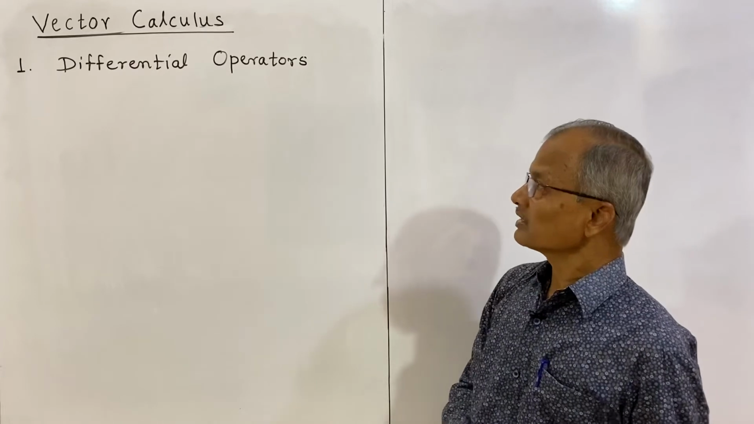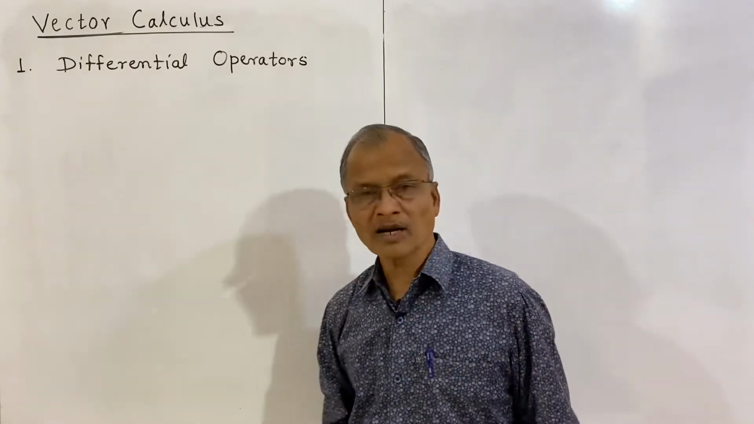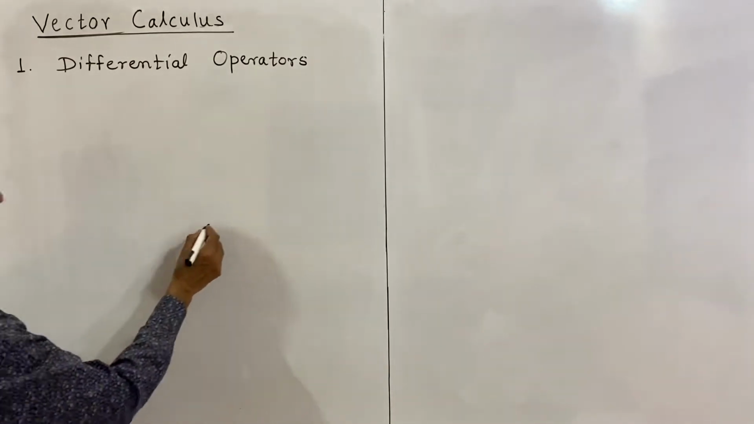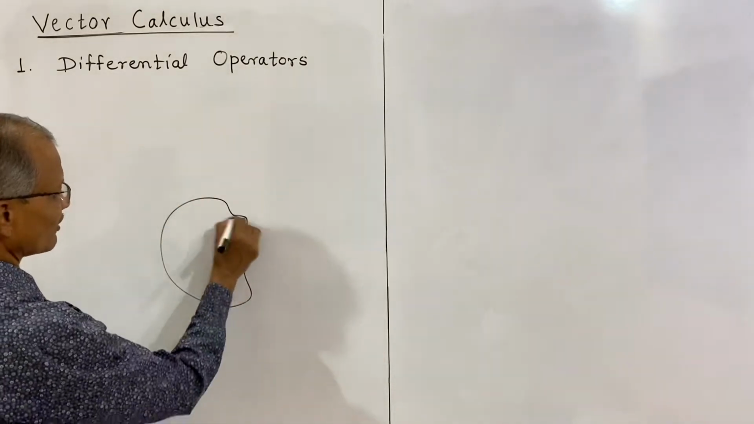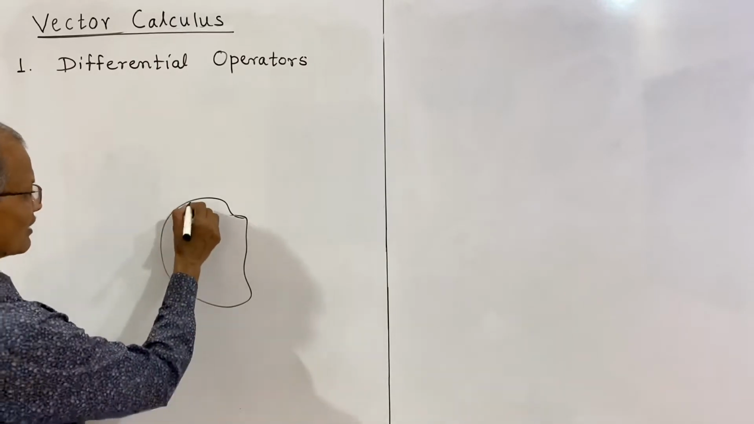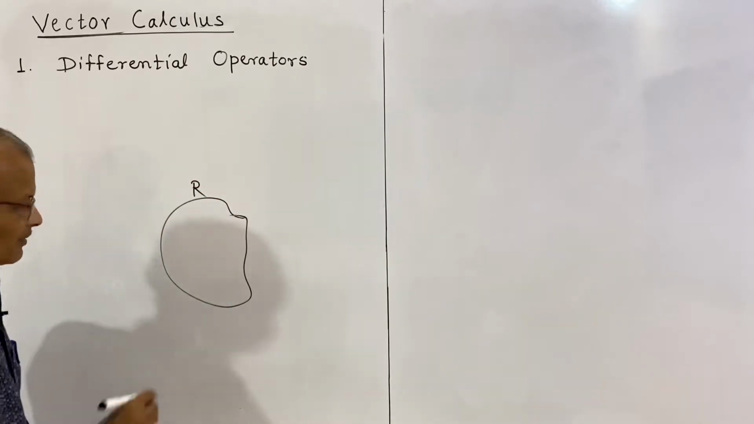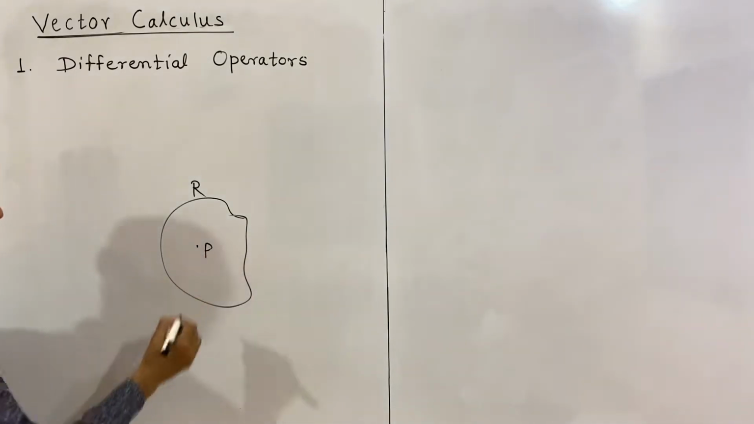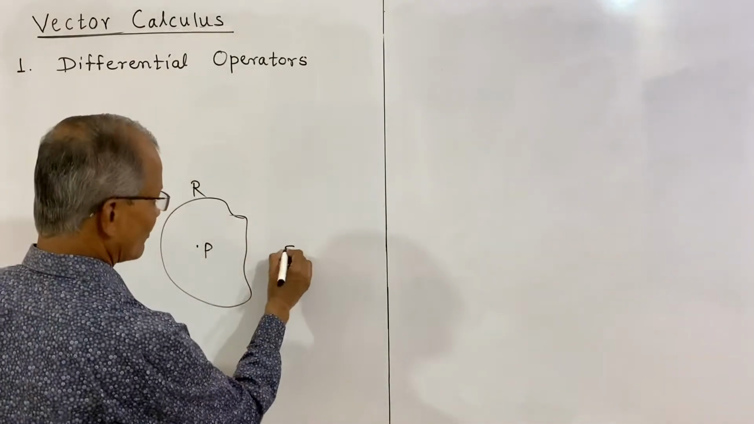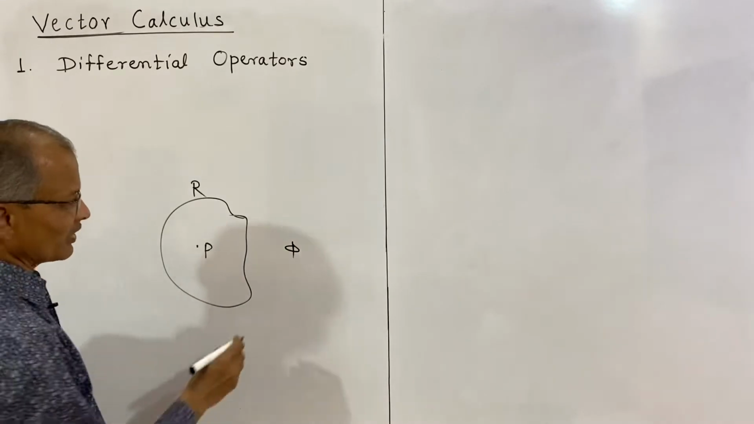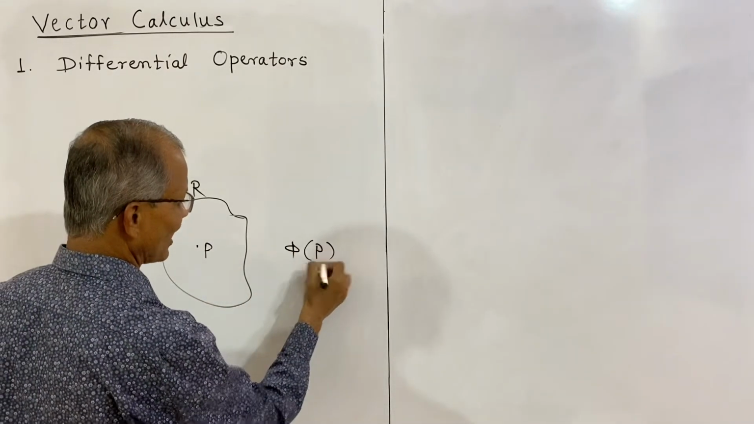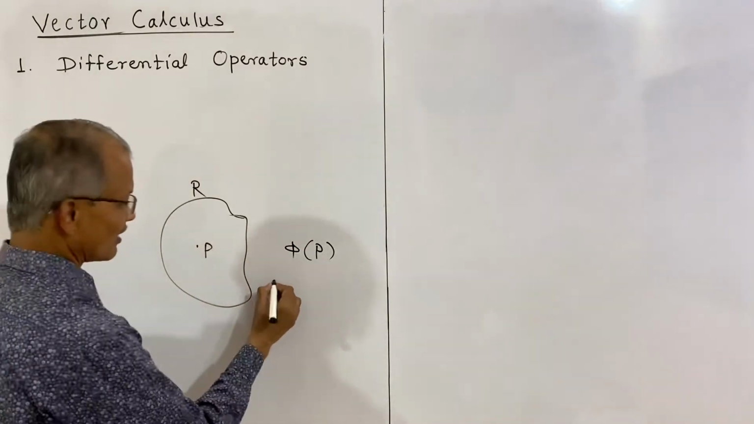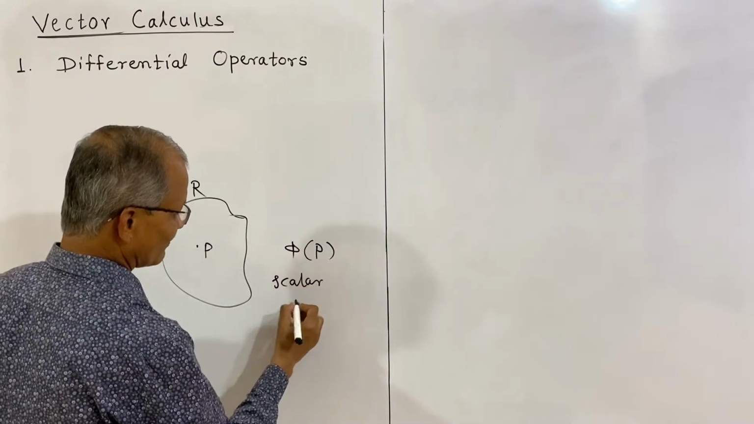So first we shall see what is the scalar point function and vector point function. If R is a region, any region of space that can be denoted by R, and if P is a point in this region, then if there is a scalar quantity which is associated with this point P and that we can denote by phi of P, then this phi of P is called a scalar point function